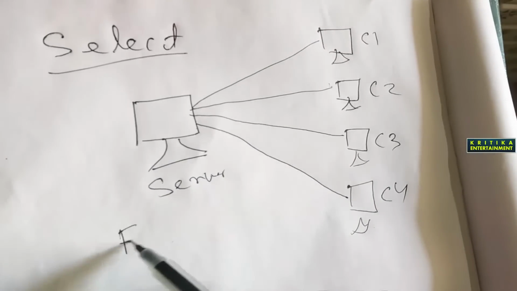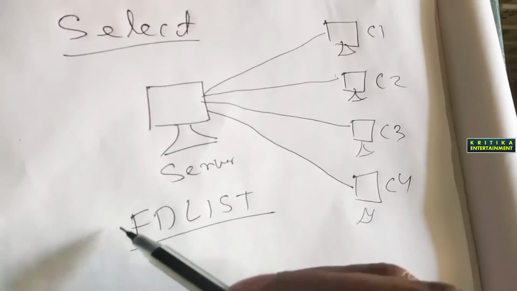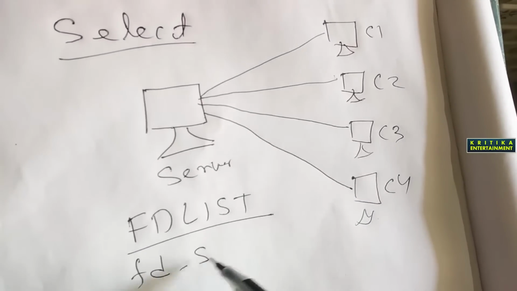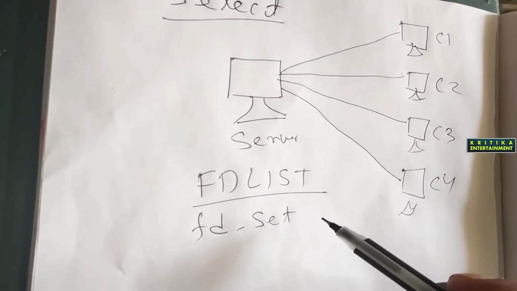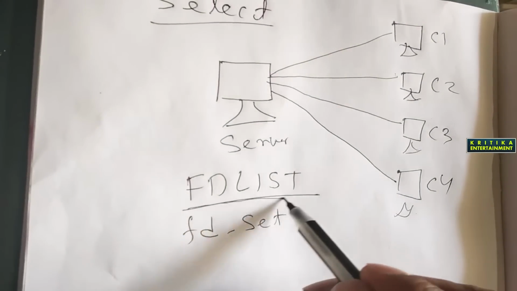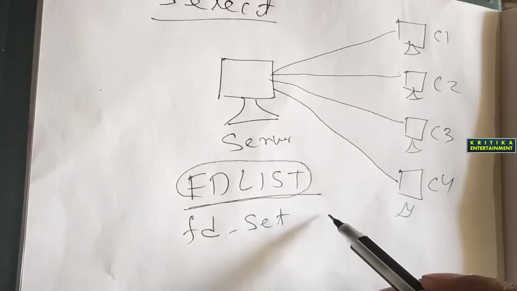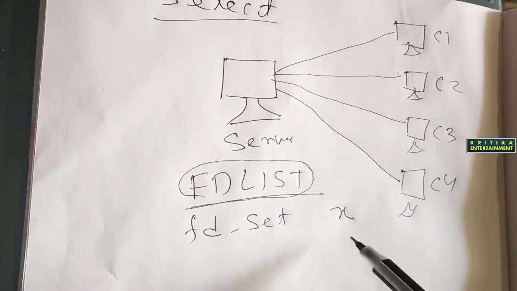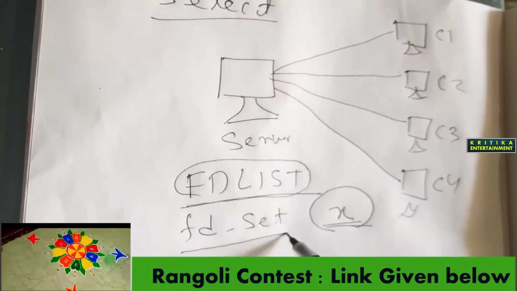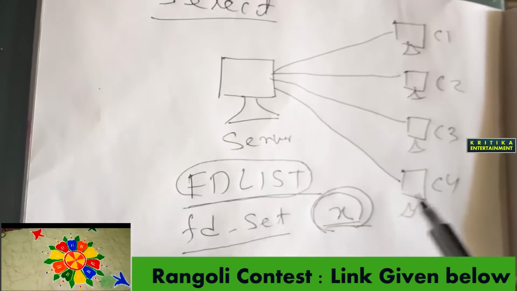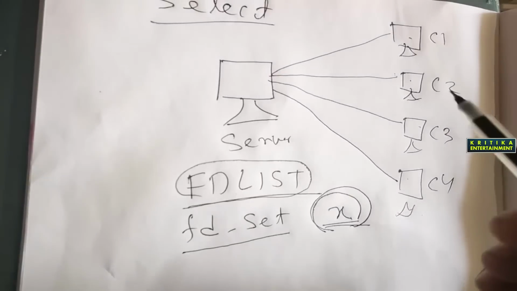The FD list is called fd_set. It is a data type corresponding to an FD list. Suppose you have declared a variable X of type fd_set. Then X is a variable of type FD set, which means it will hold a number of FDs in a list. So in this diagram,